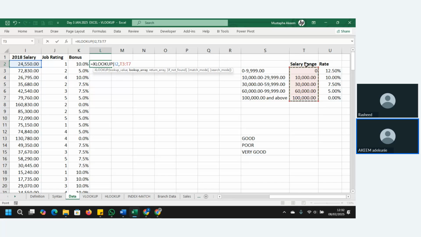If you like, you can add header to it. If you like, you can just start from here. Whatever you pick is what is going to work. Just make sure that if you start this one with header, this one must have header. If you start from the numbers alone, the ranges will not miss each other. If you selected 30 rows here and 29 rows there, it's going to give you wrong result. Are you getting me? So yeah, F4,